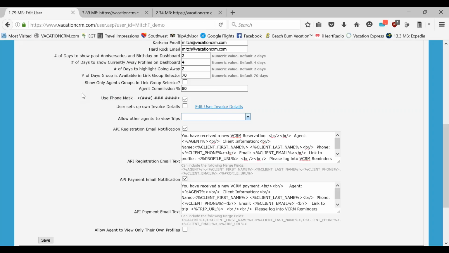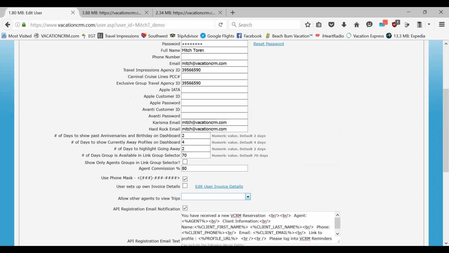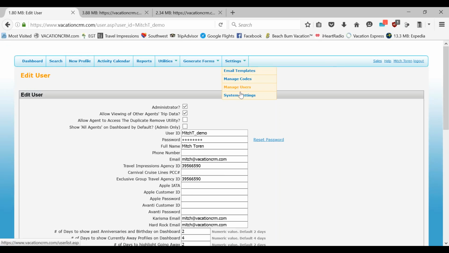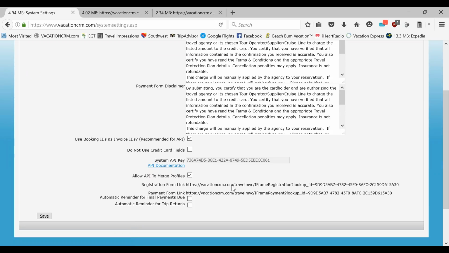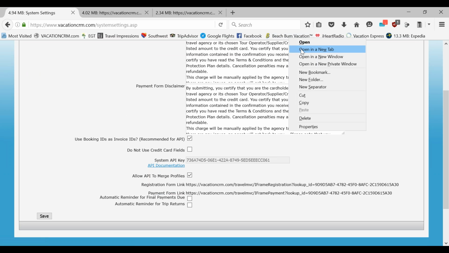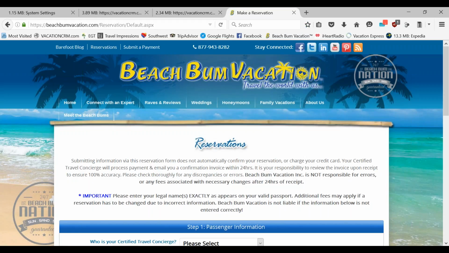Okay, well, if anyone has any questions down the road and you want to get this set up, I'll be happy to help you through it, but it's pretty straightforward as far as what you need to do. You just need to go into your settings, and the links are already there. The forms are already done. You just need to have someone embed them to your website. And I would recommend making a tab, much like the Beach Bum one, where it says, submit a payment or reservations. That way you can send your client a link, something like this,